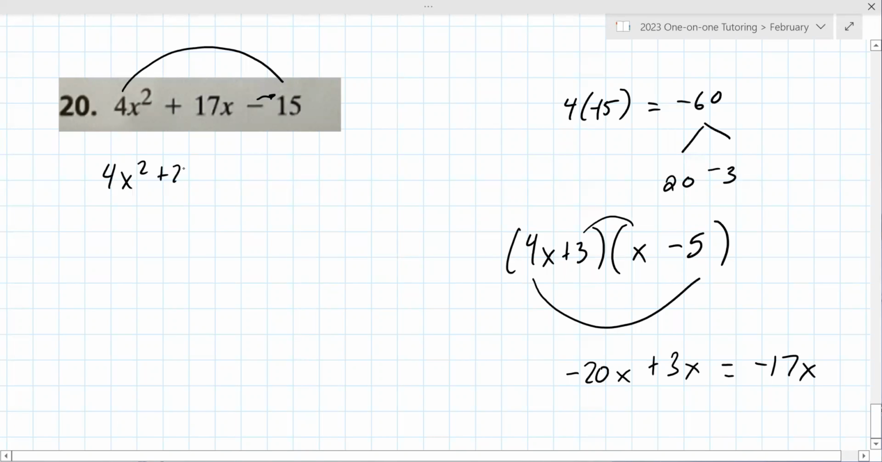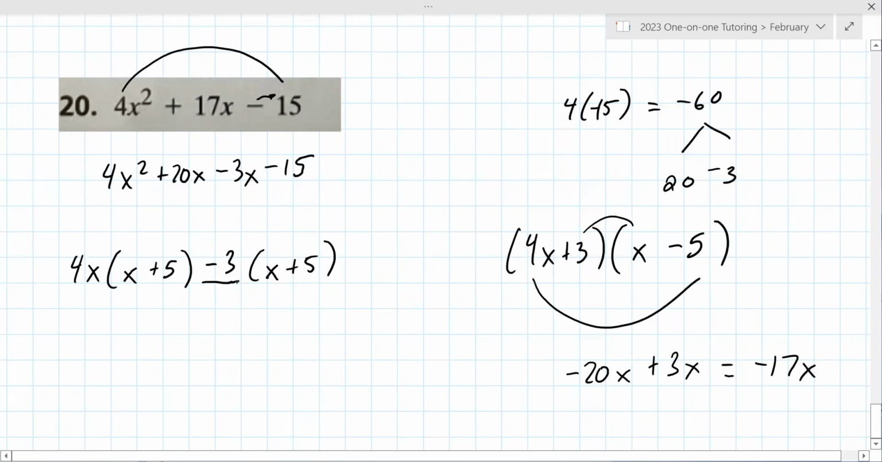4x squared plus 20x minus 3x minus 15. Factor out a 4x from both, x plus 5. So this should be a minus 3 here. Again, just a little thing, right? Just a tiny little thing, and it doesn't work out, but